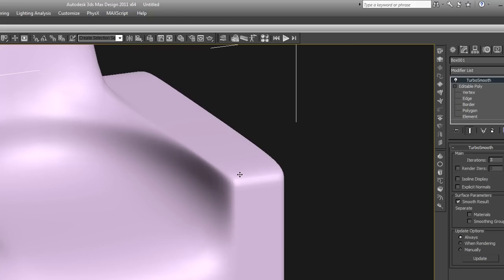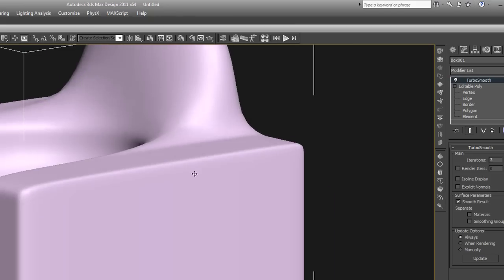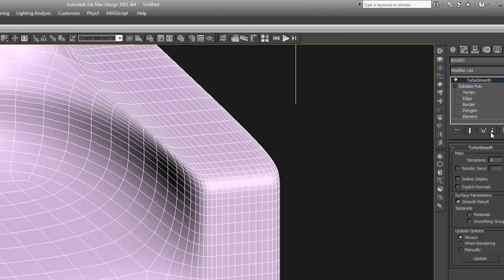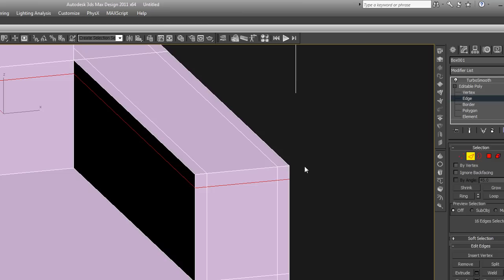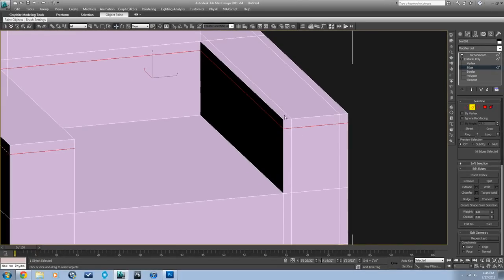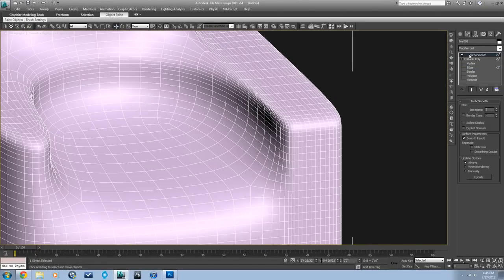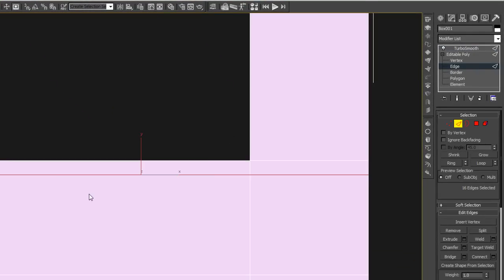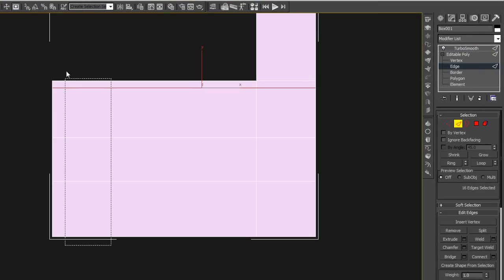So now on that part where we just added new edge loops, you can see that it's smoothing pretty nicely there because we gave it a little more information to go off of. So now it's just rounding between this line and this line, like so. You can see my front is still rounding way towards the back. So if you go in and put another loop here,